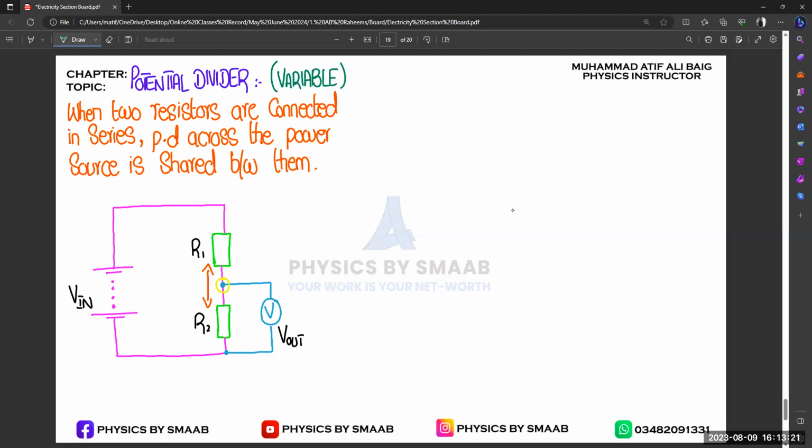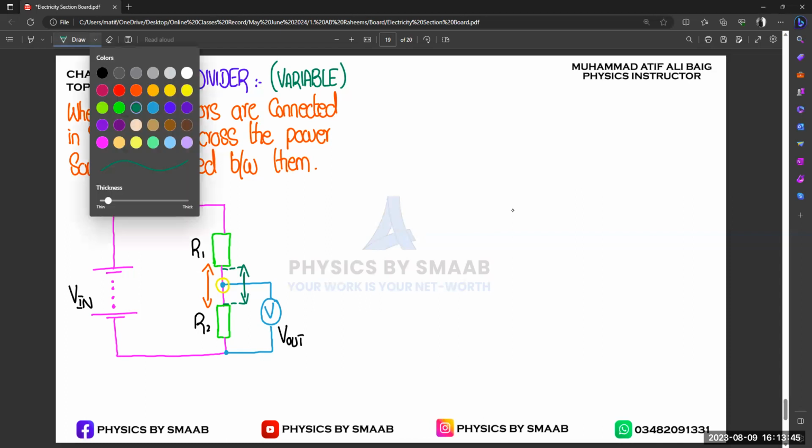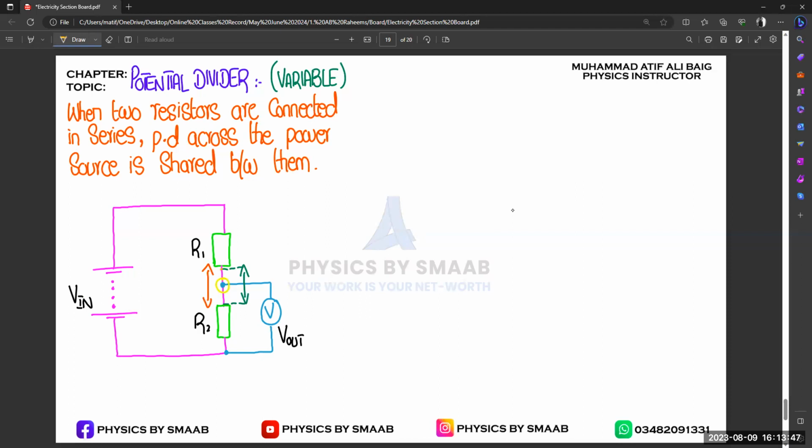Variable means that we are allowed to move between these 2 points, right? Let's suppose this is the extreme top point and this is the extreme bottom point. It means that our connection, this yellow connection, is allowed to move between this length. So let's suppose if we just move this point in the upward direction, like we try to move this point over here, we will get this wire